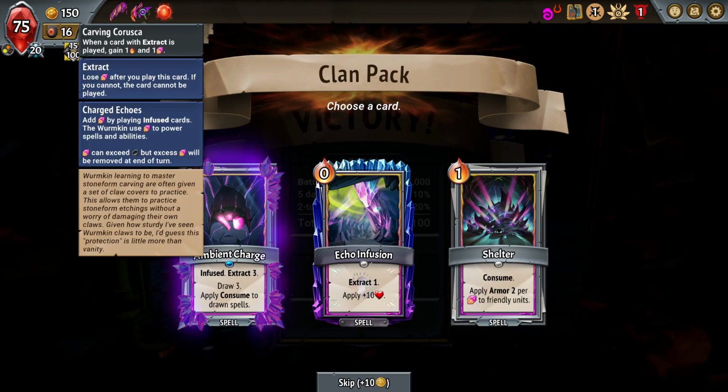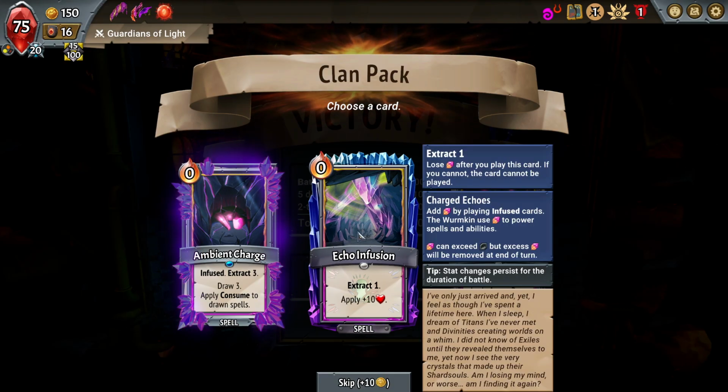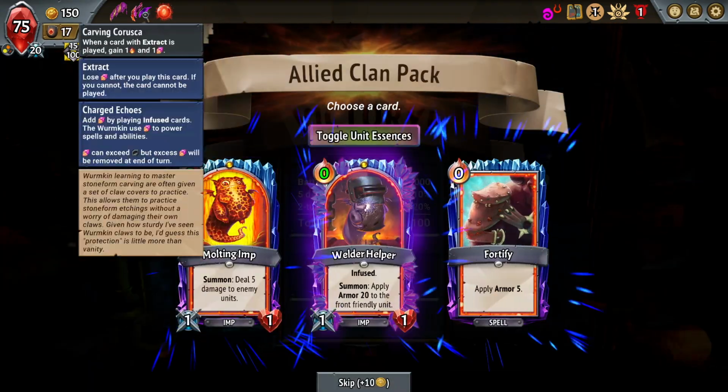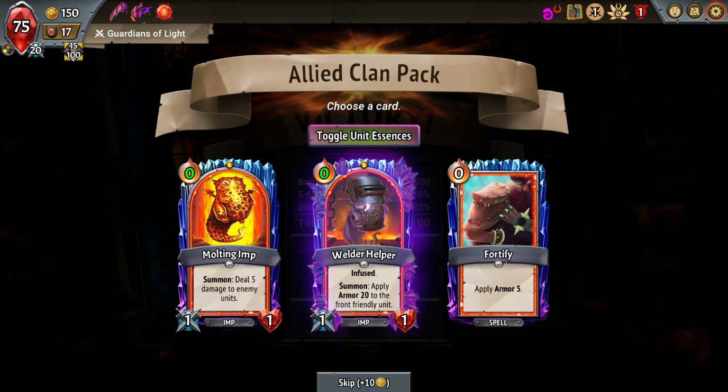Let's go for Echo Infusion. We gain mana by playing the card, and it's effectively infused as well. It is effectively infused. All right, so